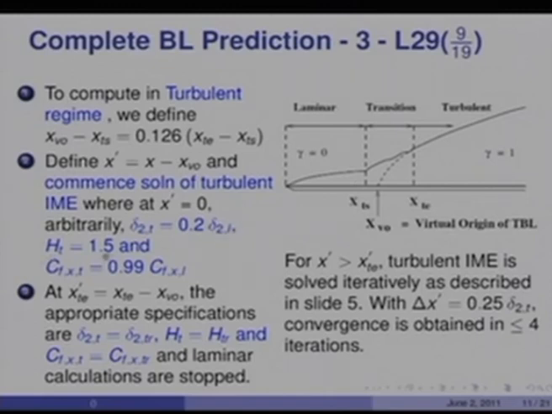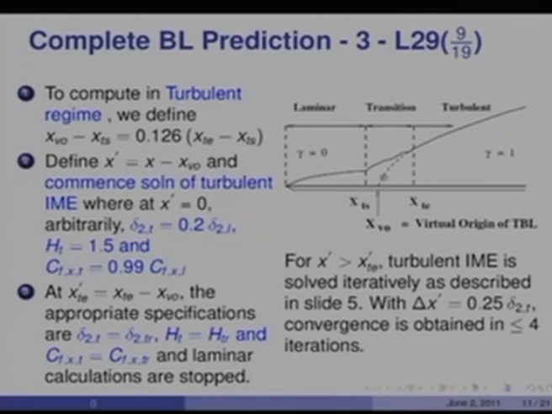H t is taken as 1.5, and CFX of the turbulent part in this region, at this point rather, is taken as 0.99 of CFX of laminar. So, these are all empirical settings, but they have been found to be quite good in predicting flows through the transitional regime. So, now both the turbulent and laminar velocity profiles are used as shown in the previous slide, and